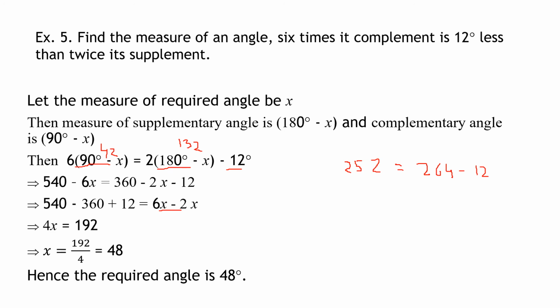Again I repeat, the names of the angles are very important. You saw the 5 examples which we did today. The angles were not given, but the relations were given. So if you know the name of each angle very well, then solving the sums will be easy for you. So what is the procedure to solve this geometry now? This is the mensuration part of geometry. All you have to do is read the problem really well, frame the formula, and once you frame the formula correctly, then solving the sum becomes very easy.